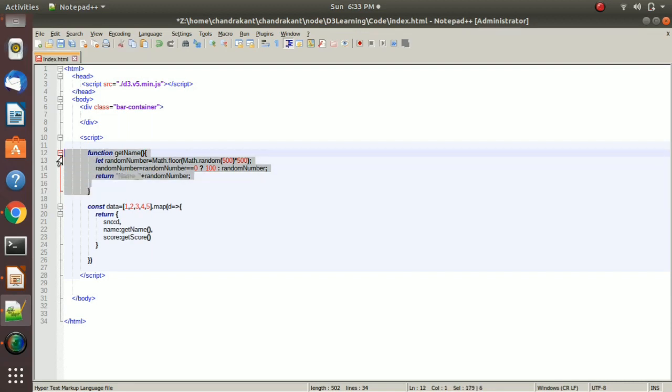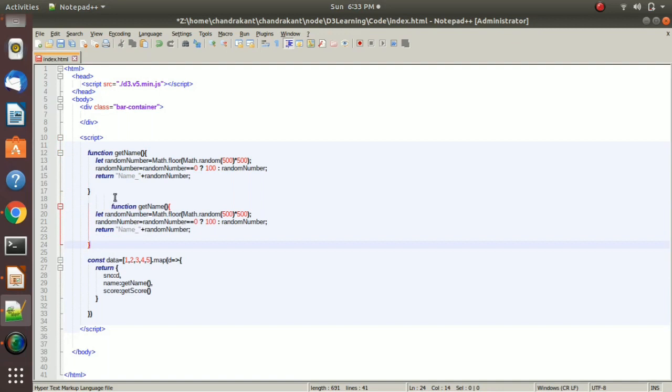Same way we will create another function named getScore. This score will give me a random score.